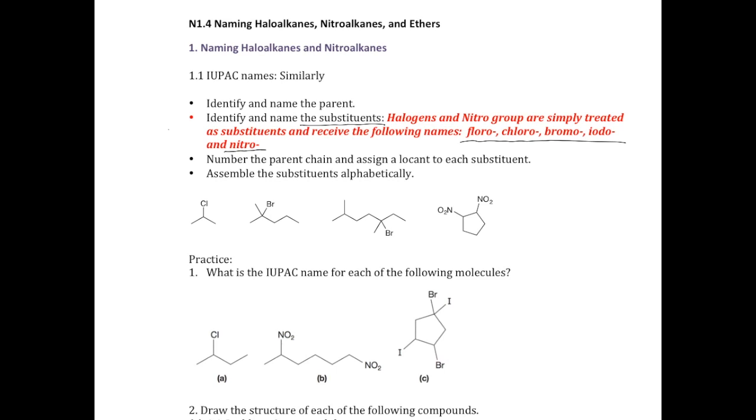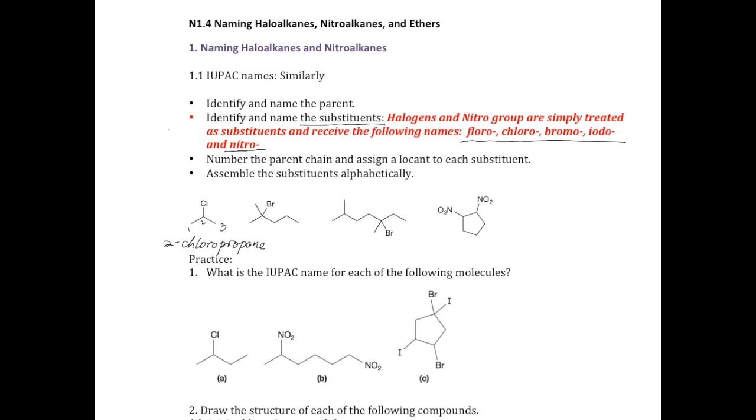So we can take a look at some examples. Like the first one, when you have an alkyl group earlier, we'll just find the backbone. So in this case, it's still a 3 carbon backbone, and we'll just number them 1, 2, 3, and then this chloro will be treated as a substituent. So this one, how do we name it? It'll be just 2-chloropropane, right? Now when I have two substituents,